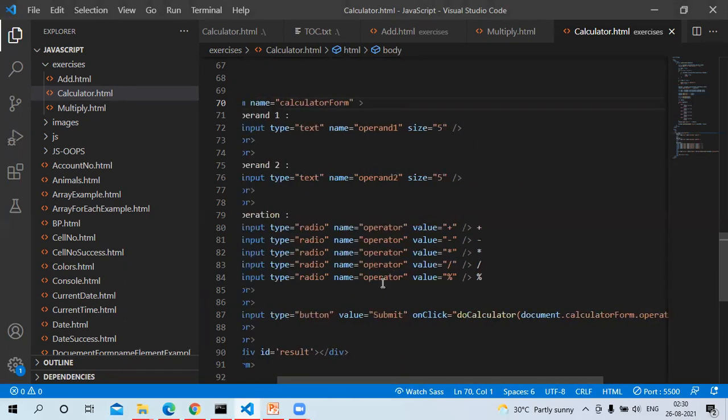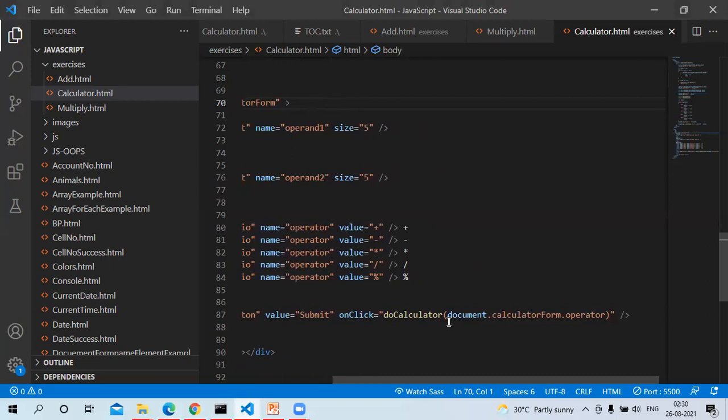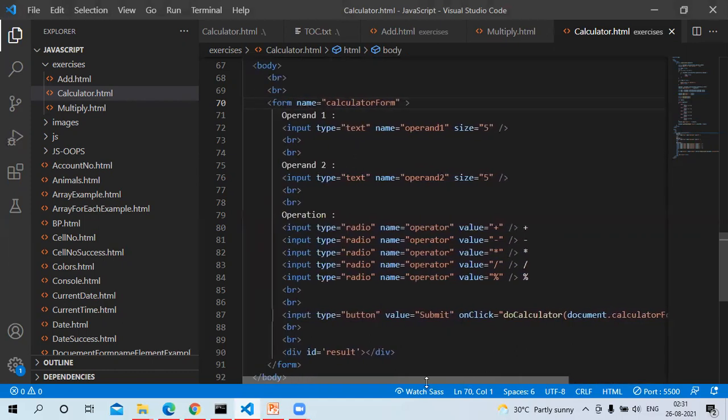Operator is the name of the radio buttons, and whichever radio button is selected, if the addition radio button is selected, then the plus operator will be passed as a parameter. If multiplication is selected, the multiplication operator is passed as a parameter. Like that, we are accessing that value with document.calculatorForm.operator.